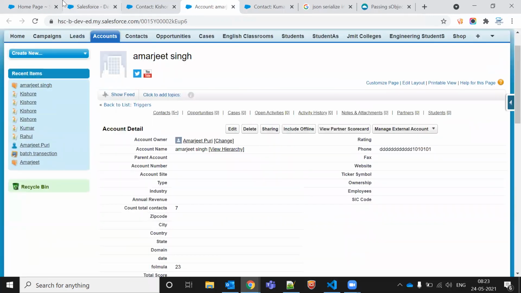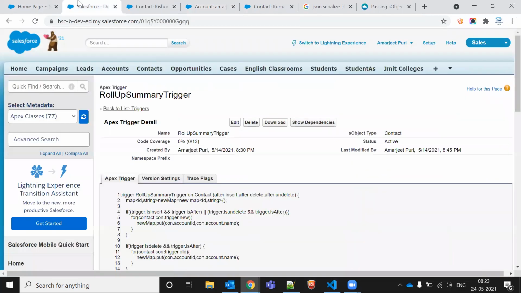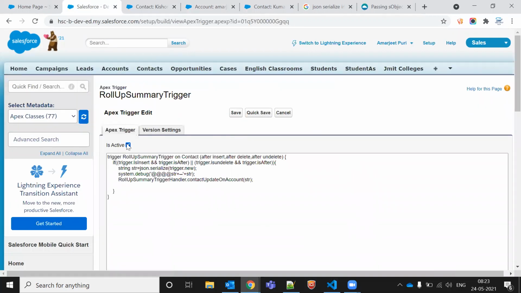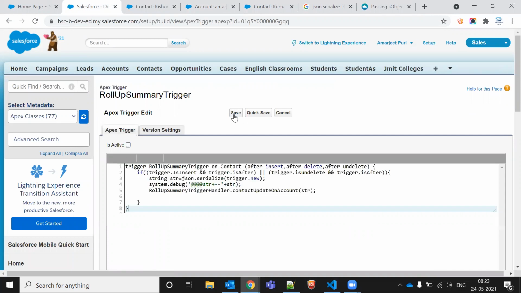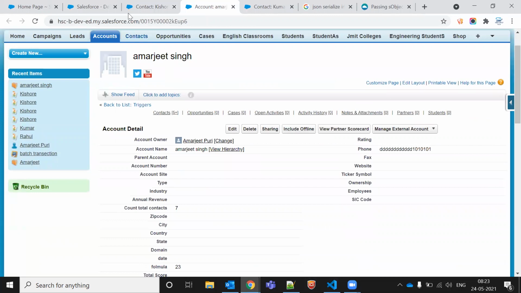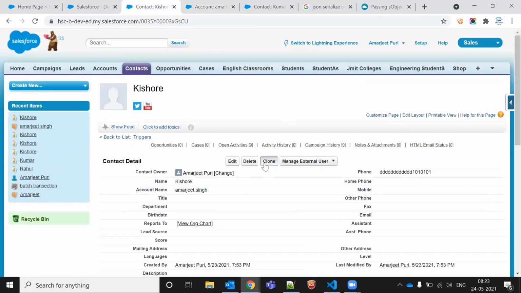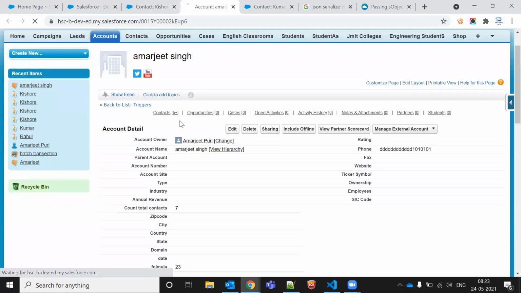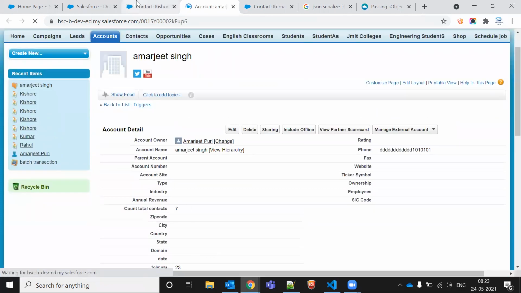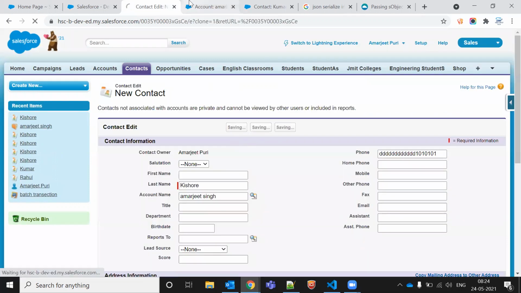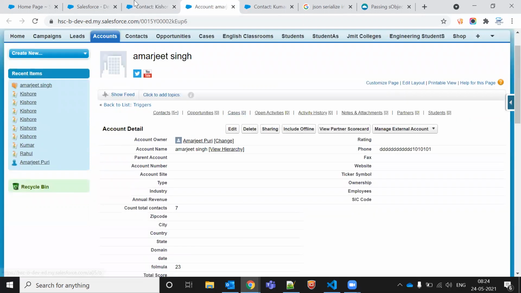Okay, so the same way, we'll check whether this is working or whether some other functionality is working. We can activate or deactivate the trigger, and with the help of that we can check. Even if I clone the record, it will not increase the count now. It should not increase. Now it is 7 again. If I create one more record, it should actually be 9, but now it is not doing anything.